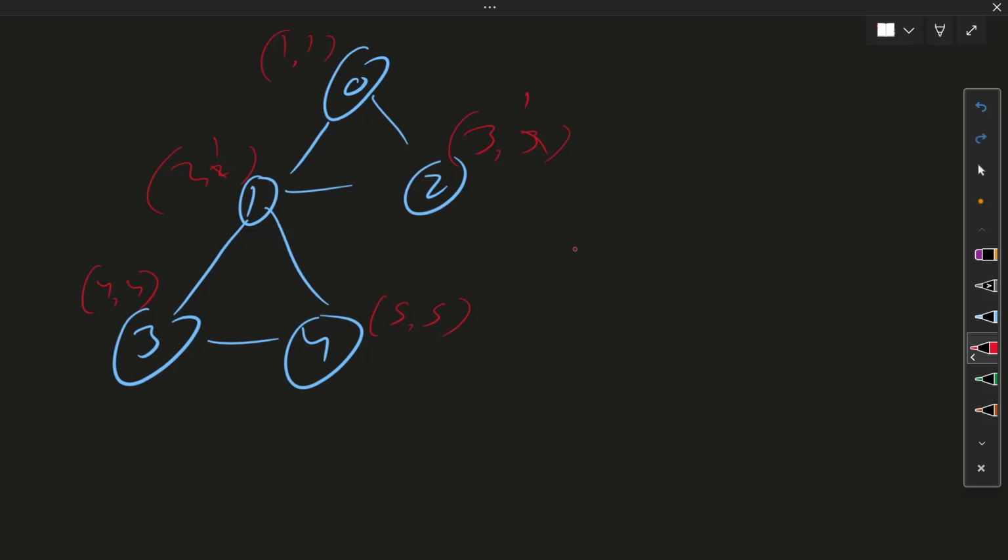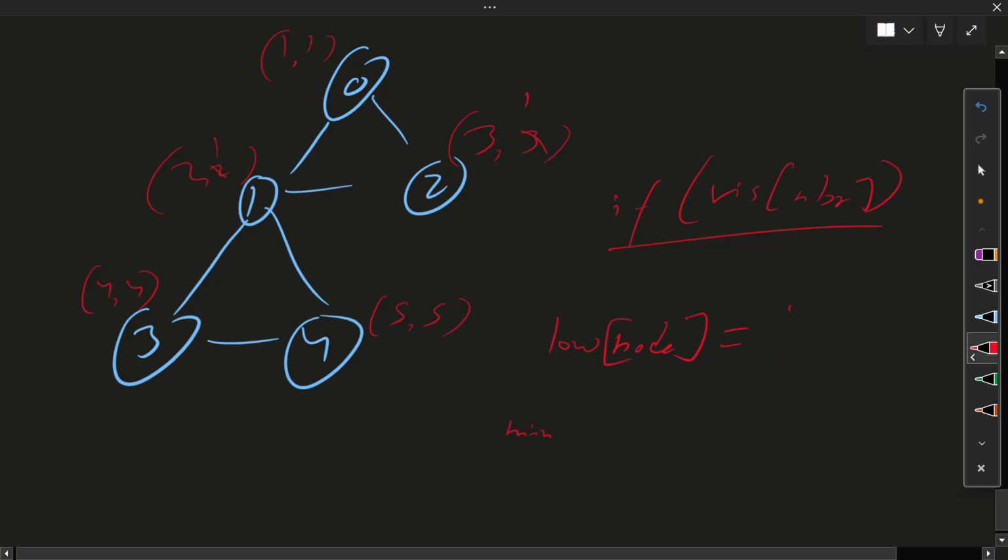So if our neighbor is visited, then as I have checked, they are doing low of node equal to minimum between low of node or discovery time of neighbor.